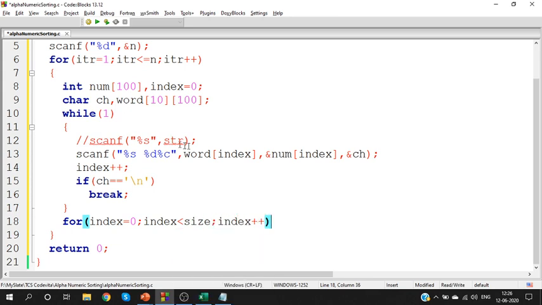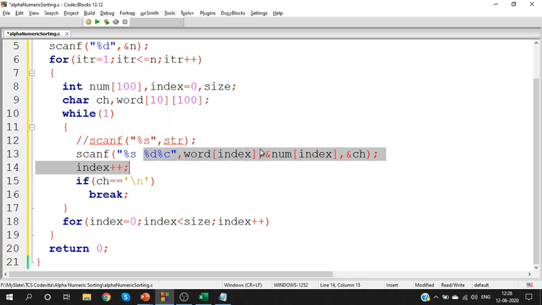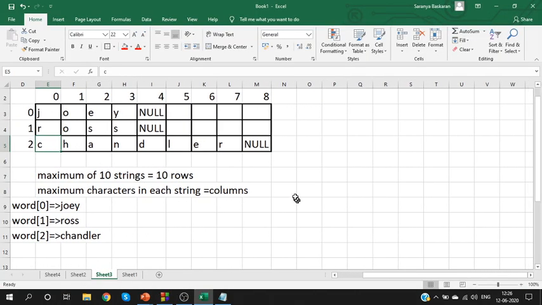So we need to know the number of words and number of integers. I need to know the size. How can I get the number of words and integers? Just a basic understanding. See, let us consider you have a number array.